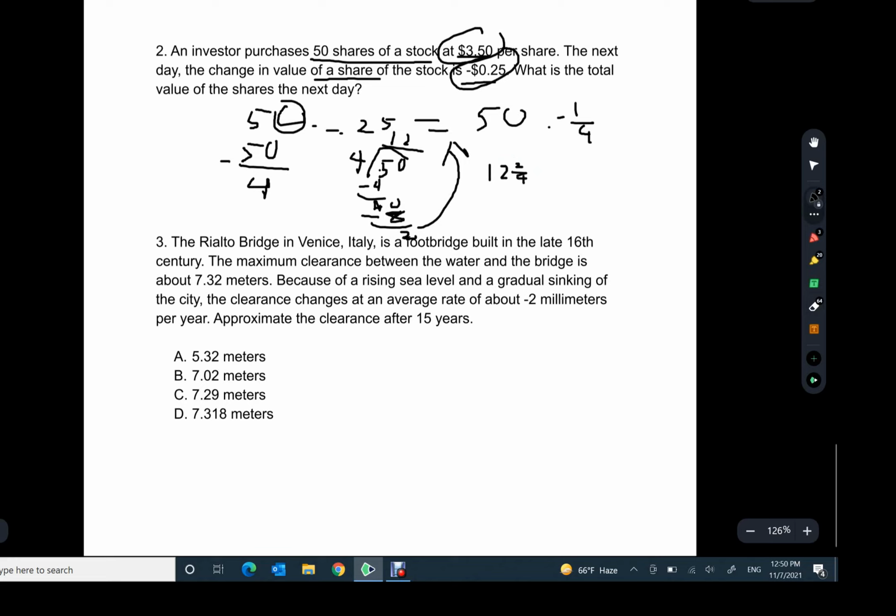2 over 4 simplifies to 1 over 2. And as a decimal, since this is money, we need to talk about 12.50. That would be your answer to this long division. However, as there's only one negative in this equation, you cannot forget that there is a negative in the answer. So your answer would be negative